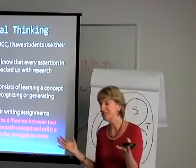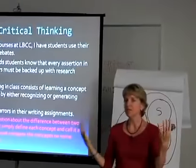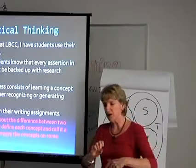Here are some of the interesting things they'll do. I think I use one as an example here, that they'll say, what is the difference between this and that? And then they'll flip the card over, and they've just defined